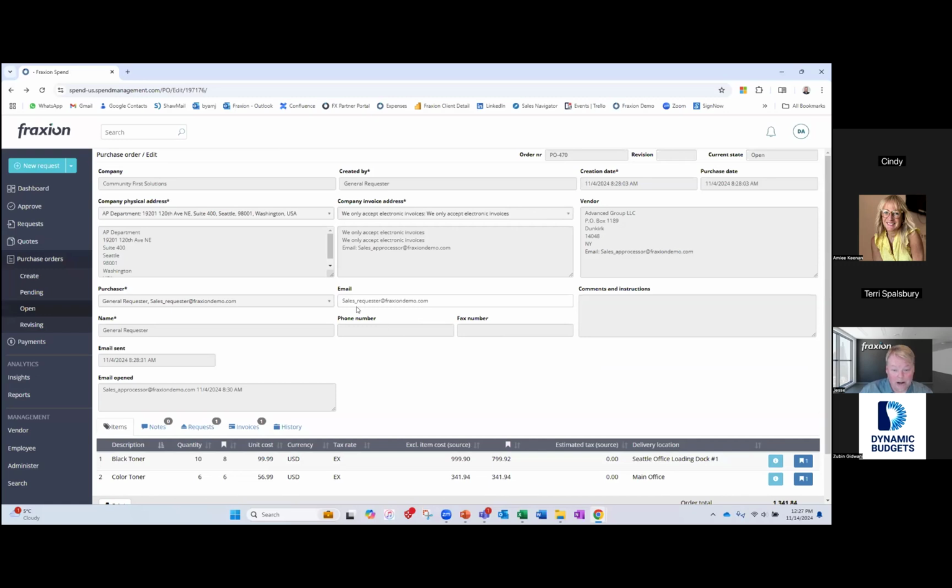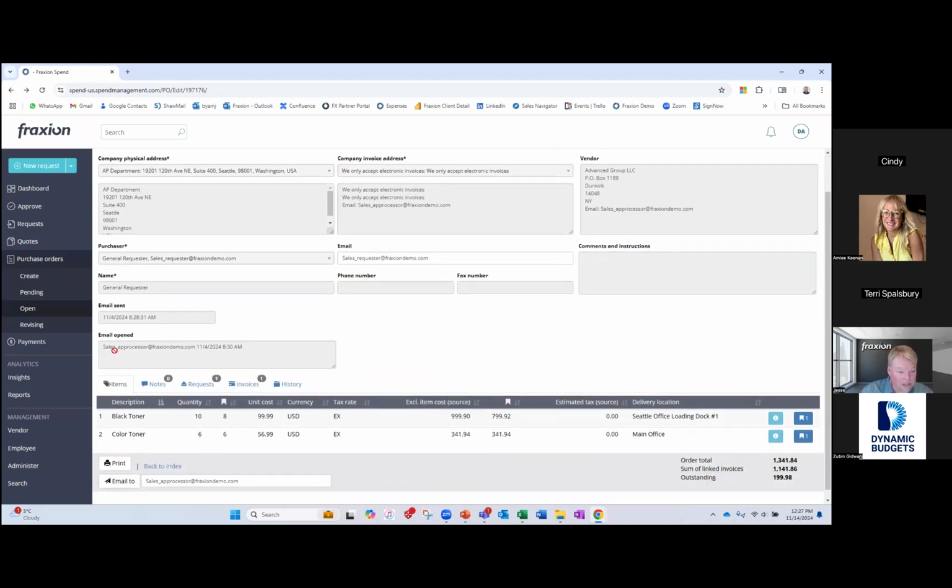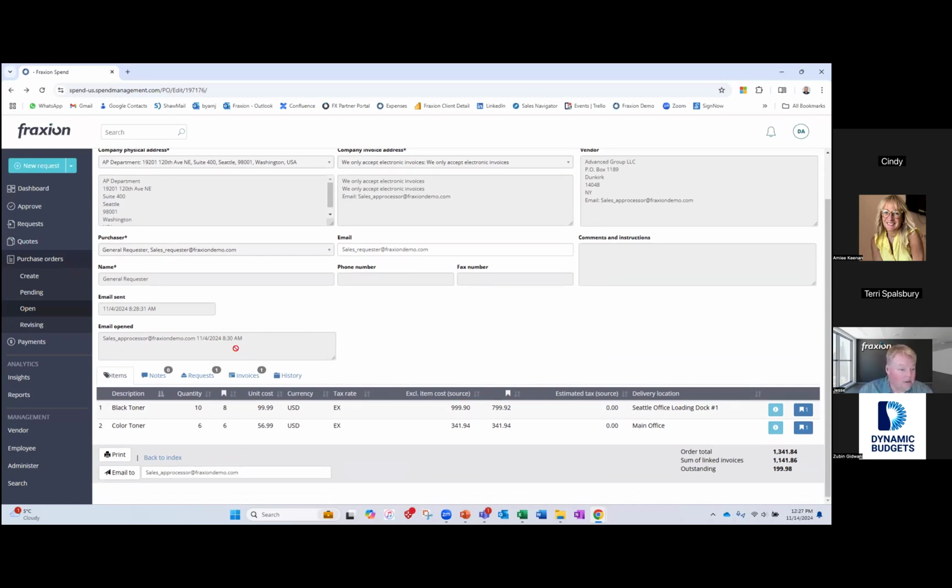But you'll see here that the email went out here to their group here. And if it was received, it says right here, email was open on 11/4/2024 at 8:30 a.m. They looked at our PO, which is great. So now we can see what's going on. So this is all great. We can now see I've got a PO or I've got a request. I've created a PO. It's gone out. So let's see now what happens, and we've received it. Let's go see what happens now when we get